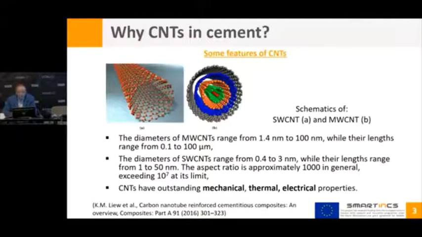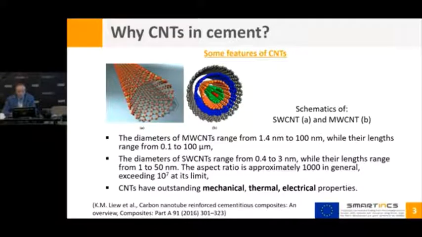First of all, just a few words about carbon nanotubes. I know all of you know these tiny objects. You know that there are basically two kinds of carbon nanotubes: the single-wall carbon nanotubes, where we have only one roll of graphene sheet, and then the multi-wall carbon nanotubes, where you have different concentric tubes together. Of course, the dimensions of these objects are different. If you have a single-wall carbon nanotube, the diameter will be much lower with respect to multi-wall